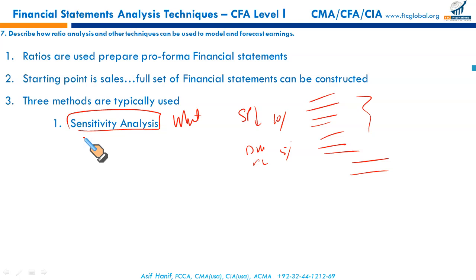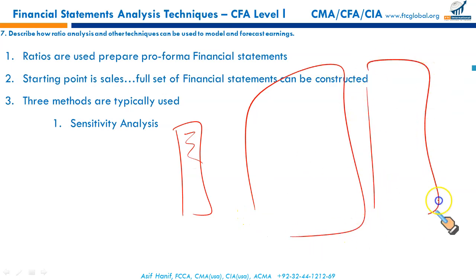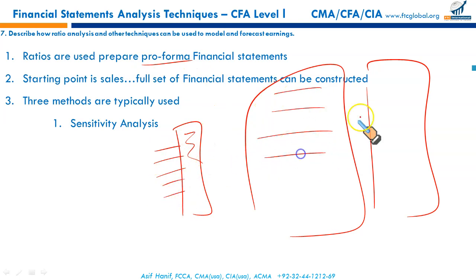It's based upon certain assumptions. What if a certain element is changed to this extent? What will happen? How will the numbers change? Remember, pro forma financial statements are prepared on Excel sheets. If the basic underlying assumptions are changed, the entire set of financial statements is revised. That's why it's called pro forma, estimated. Any underlying assumption, if it's changed, will revise all the estimated numbers shown in your cash flow statement, income statement, as well as balance sheet.